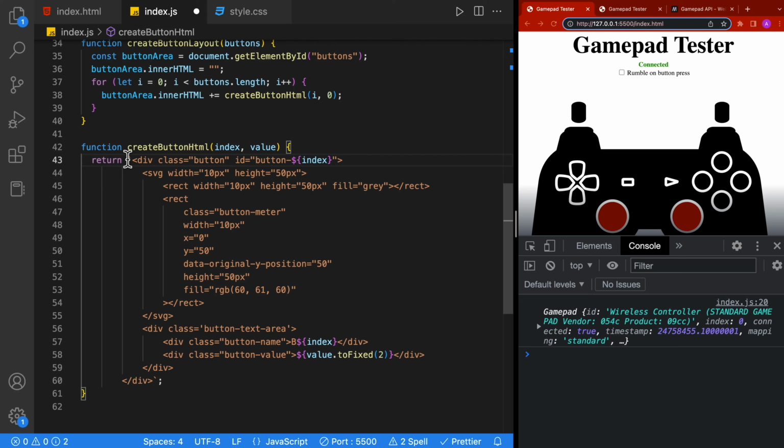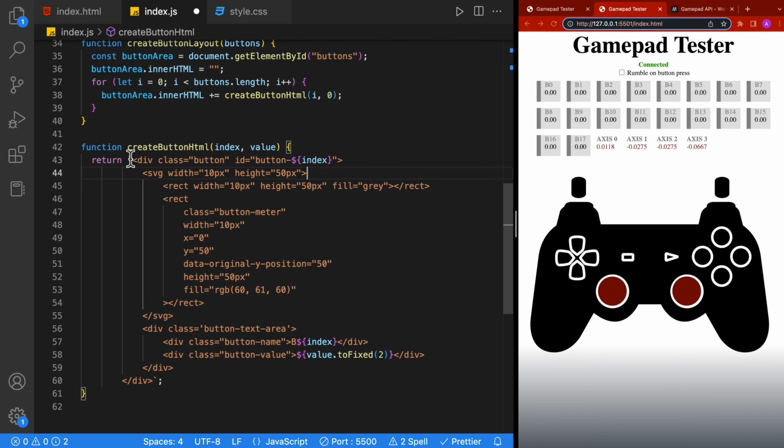Now we're using string interpolation here. So we've got a backtick at the beginning and the end. And in between, we are passing the index in various spots and the value. So we start over here with the div, and we give it a class of buttons, so we can do some common styling among all of them. Then we give it an identifier of button-index. So let's say, for example, this button over here is index 1. Then in our code we'd be looking for button-1 for one of these boxes